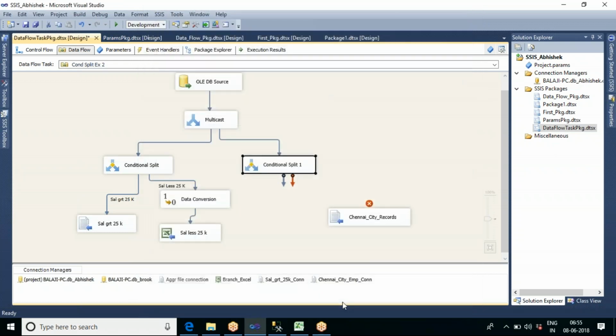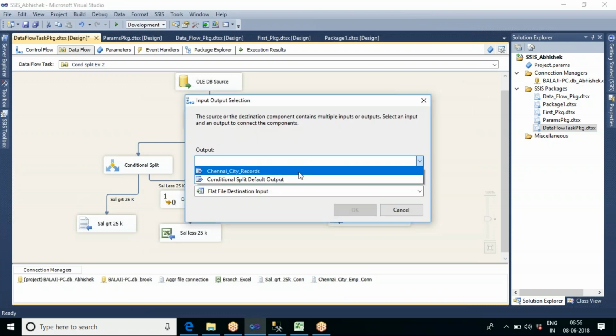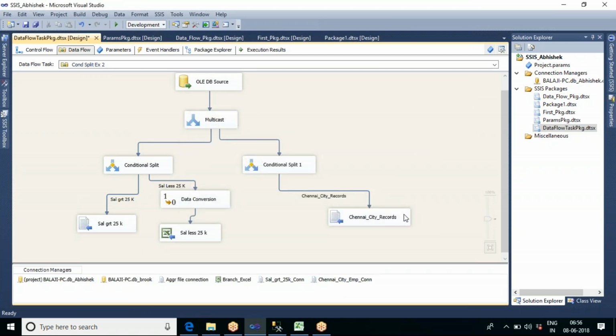You will push the Chennai city records into this. That's it. Now you can go and see.